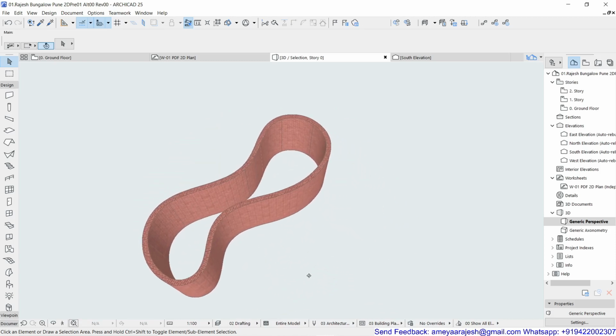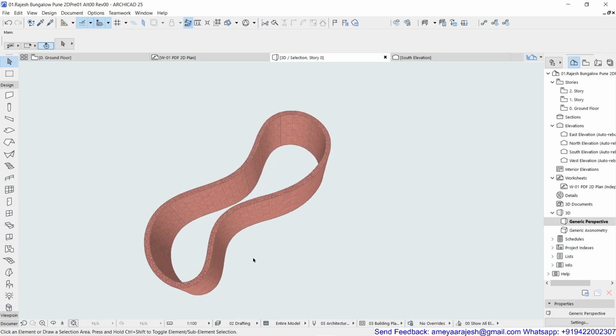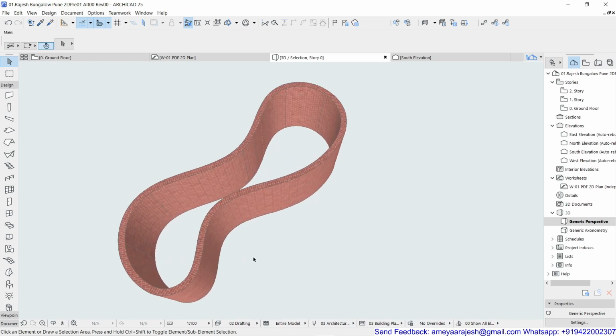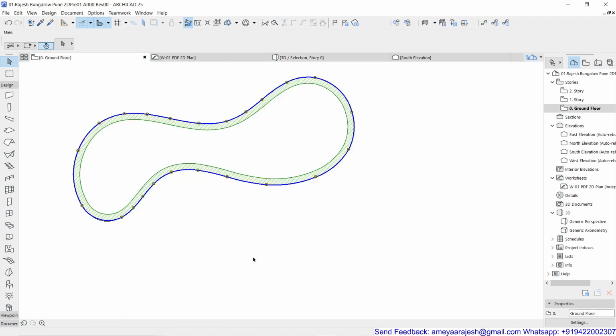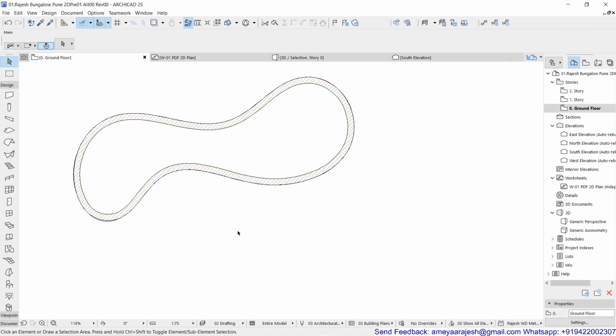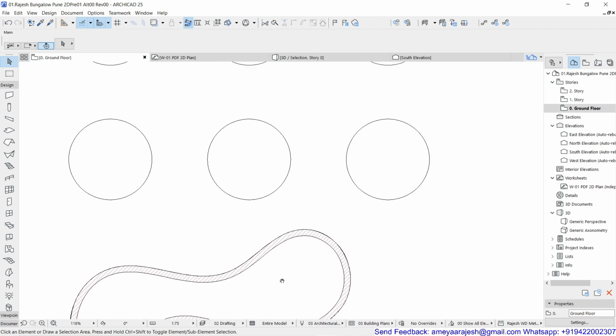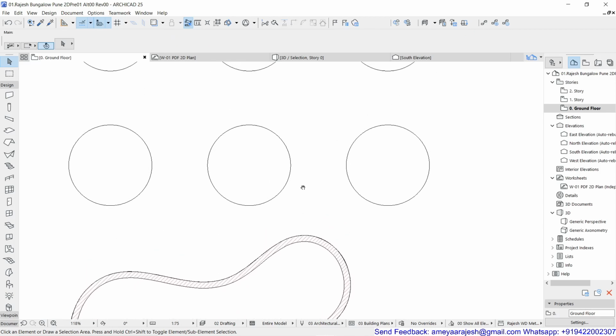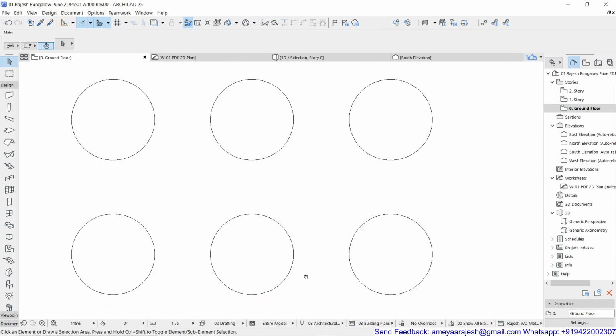Right, so I hope you have understood the base of this magic wand. Now let's go back with the F2, and I want to improve this further. What I'm going to do is actually try working with the circle, and I'm going to tell you how to work with a polygon logic, because there's no by default polygon logic in case of ArchiCAD.